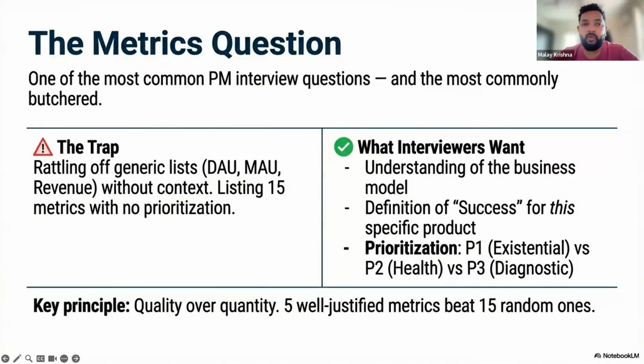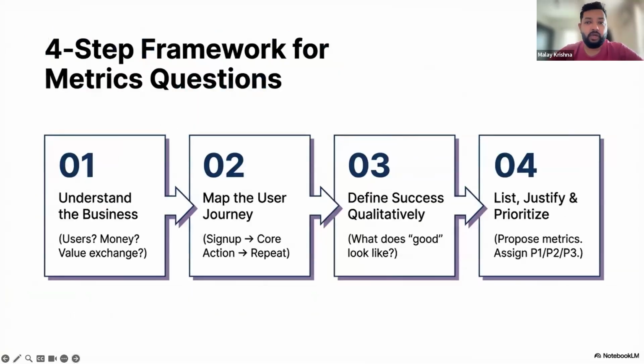So here is a principle that I want you to learn by heart. Important metrics are better than more metrics. Just because you have learned a few terms like daily active users and monthly active users doesn't mean you have to say them every time. Quality over quantity, and that is the biggest thing you have to understand, right? It's not just about the metrics that you come up with, it's all about the narrative that you build around them,